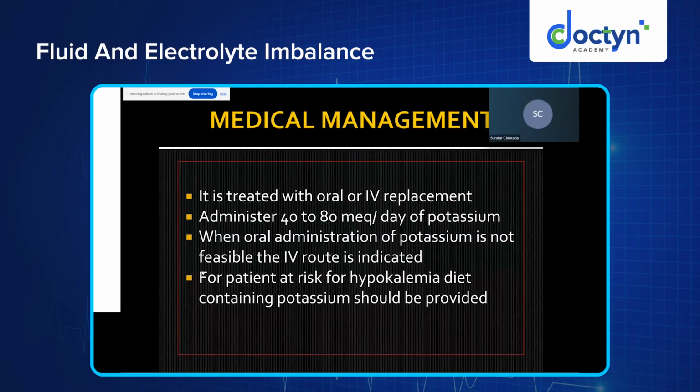So for a patient at risk of hyperkalemia, diet containing potassium should be provided. So very important. It is treated with either oral or IV replacement, and you give 40 to 80 milliequivalents per day. And when the oral route is not feasible, go for IV. And patients who are at risk of taking a diet that does not contain excess potassium should